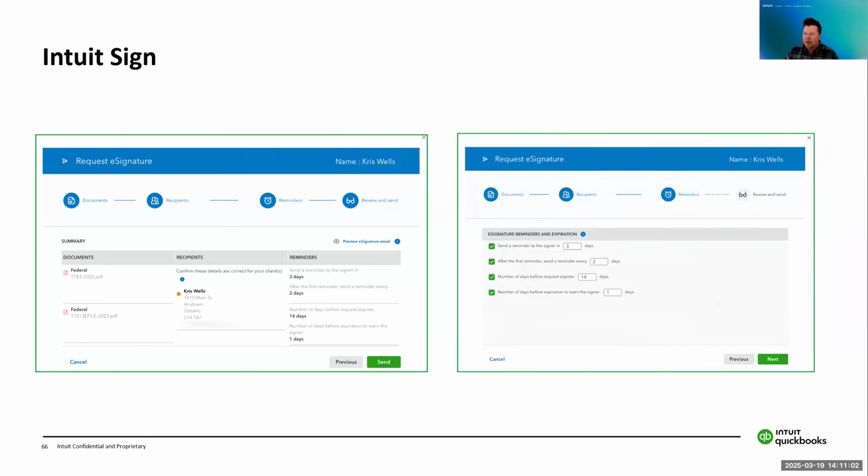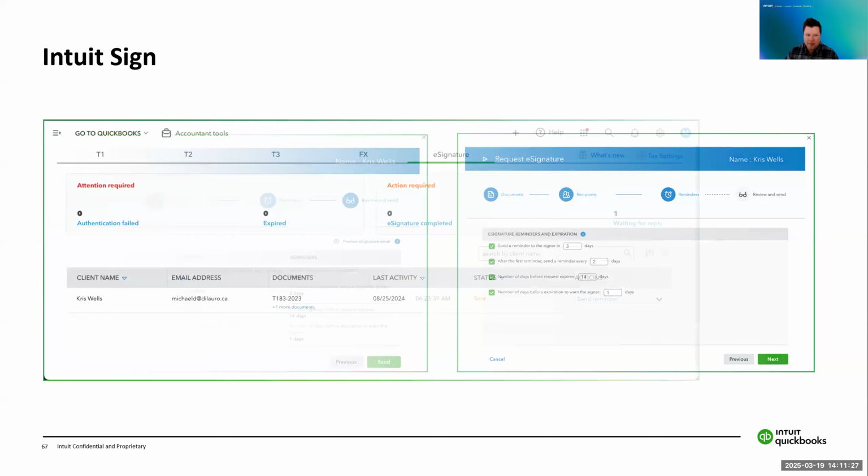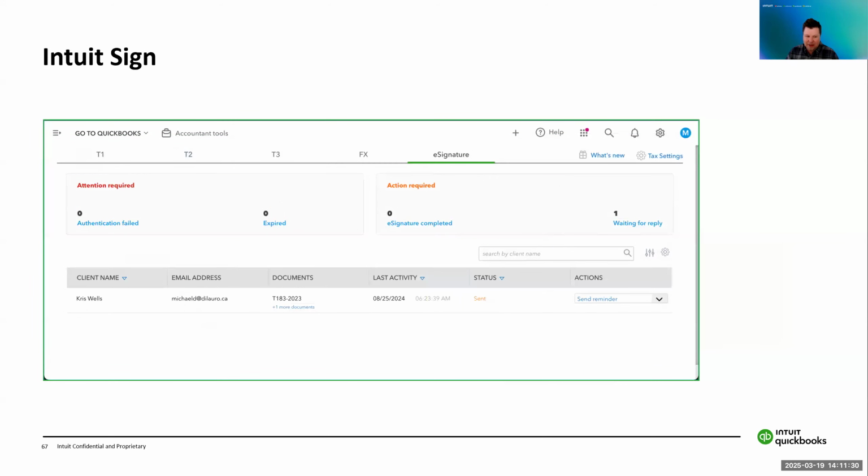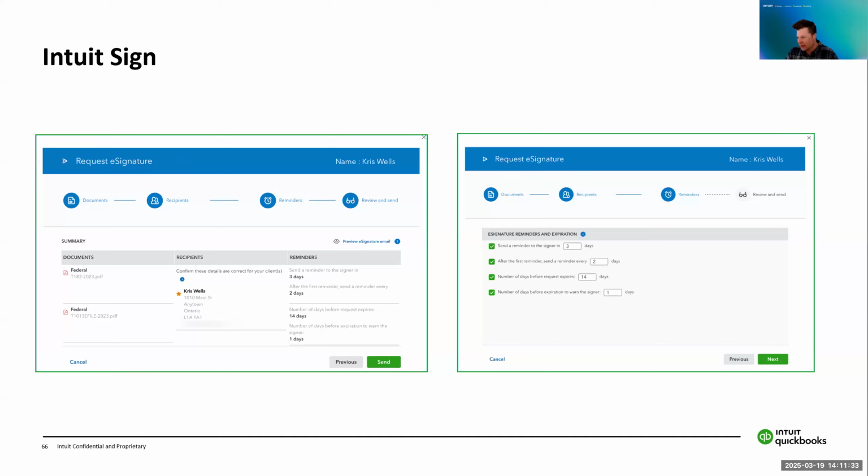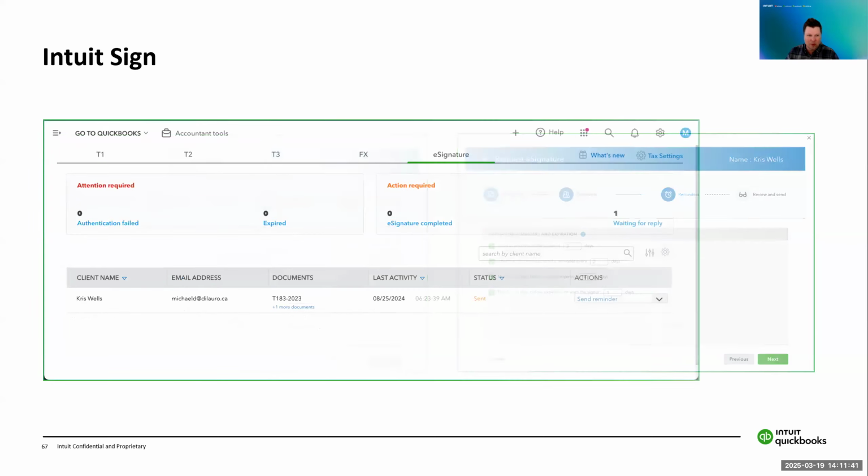You click next. Then it takes you through a workflow of what you're going to be getting signed, who is going to be the recipient. It also has the ability to send reminders. So really important in a productivity or efficiency way. You can have those reminders sent out automatically to your clients saying, hey, remember, you got to sign these forms. And then it allows you to review and send what the email is going to look like to your clients. You can also click that preview signature email and see exactly what it's going to look like. And we'll talk about that a little bit more in depth tomorrow as well.